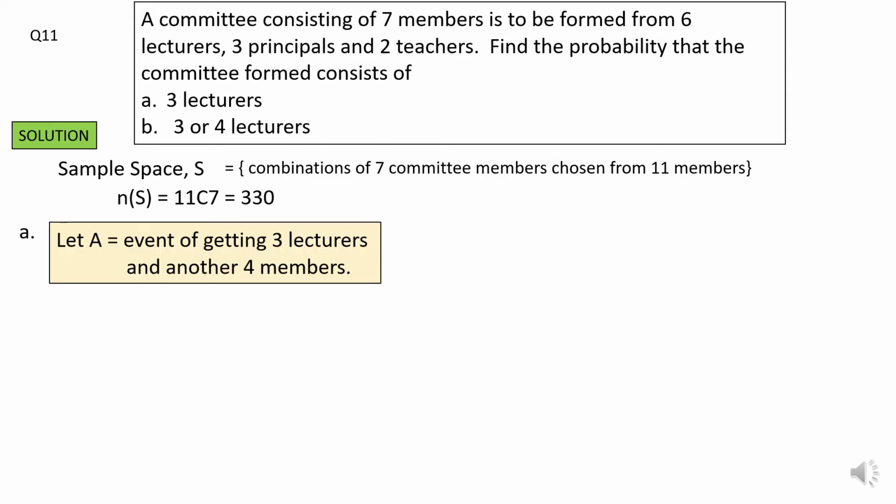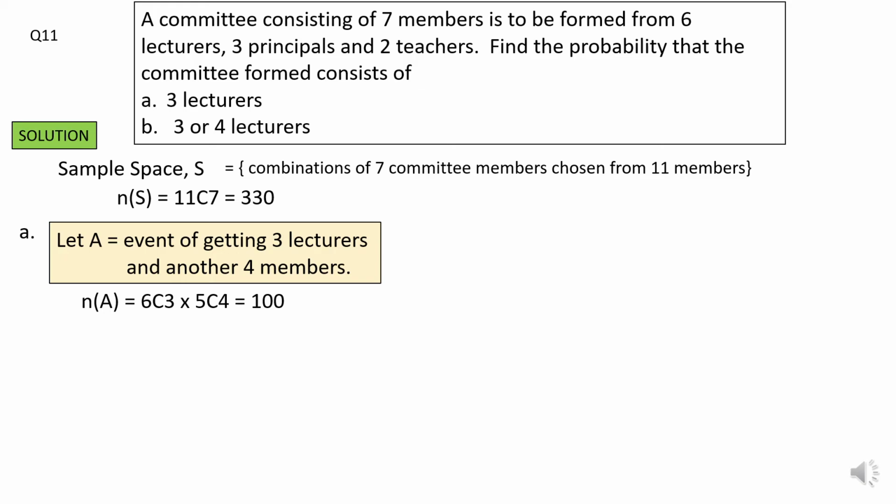Okay, next let's define the event A. So event A is the event of getting 3 lecturers and another 4 members. Remember, the committee that is going to be formed consists of 7 members. Okay, so the condition given for the first question is that we must have 3 lecturers, meaning that we have to choose another 4 from the group of principals and teachers. Therefore, number of event A equals to